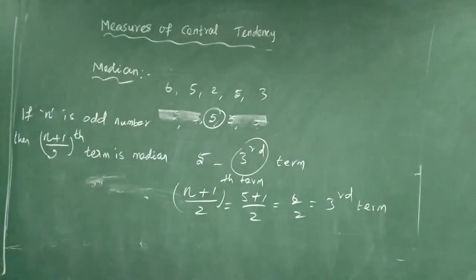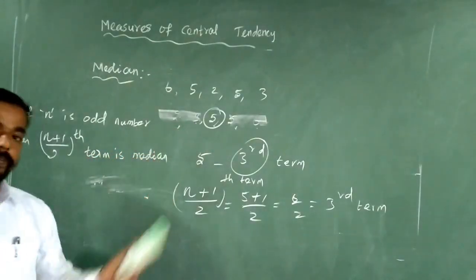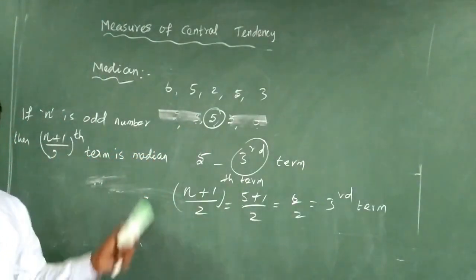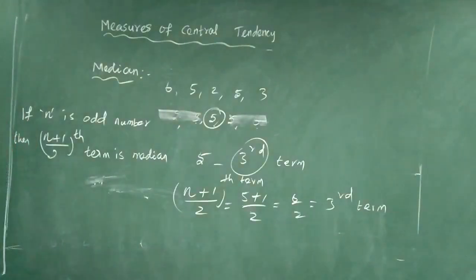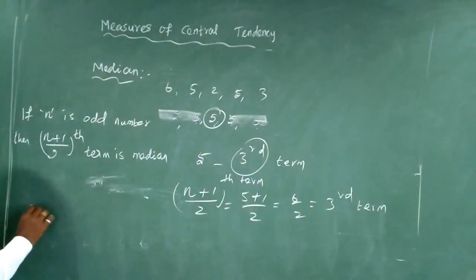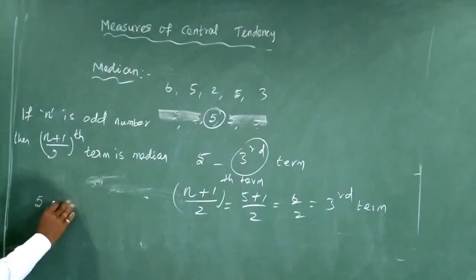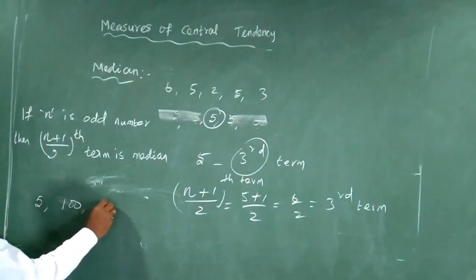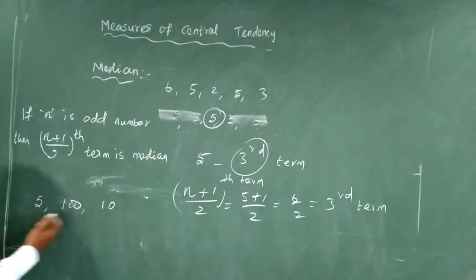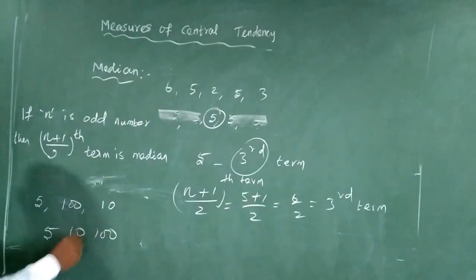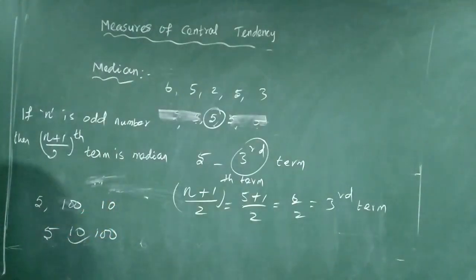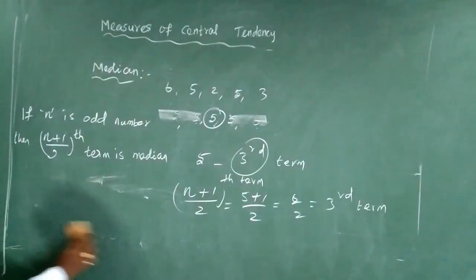So we know that we are human beings, definitely we can make mistakes. What mistake? First of all, you should arrange in order, descending order or ascending order. After that only this is true. Without any order, how can we tell that the middle place is the median? Give one example like that. Suppose 5, here 100, here 10. In between 5 and 10, 100? No, in between 5 and 100 is only 10. So this is the meaning of order, ascending order or descending order. Just use any one order.